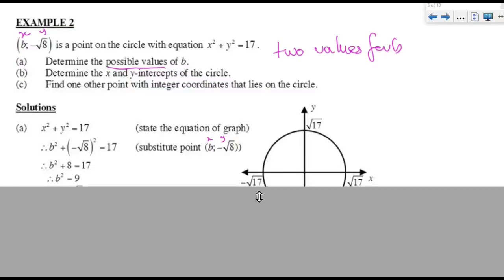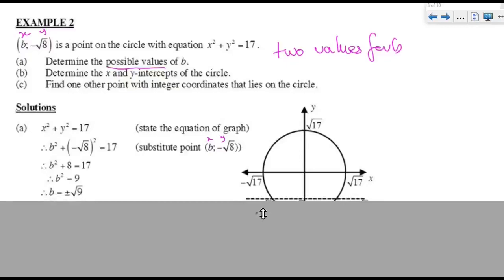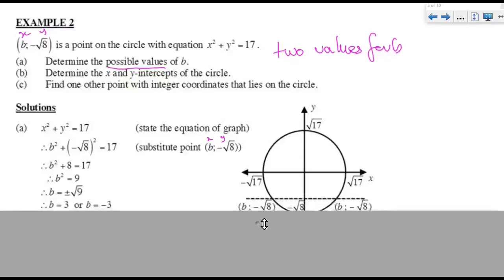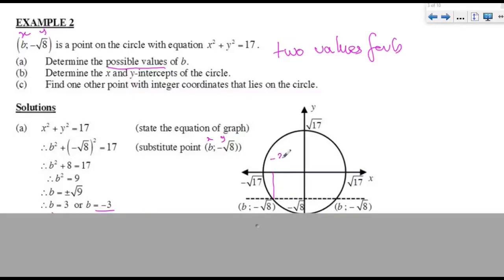However, they want us to find the value of b. So when you find the square root of 9, then we'll get the values minus 3 and 3. Now there's a diagrammatic explanation of b being minus 3, and b being 3. So those are the two possible values